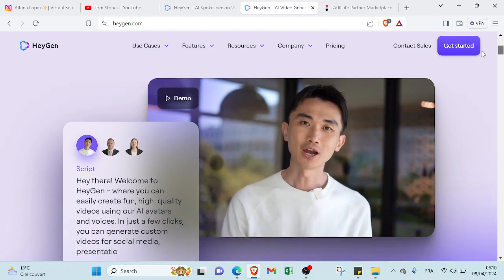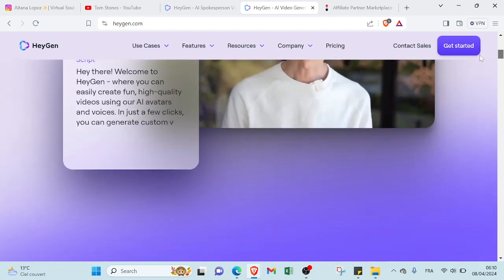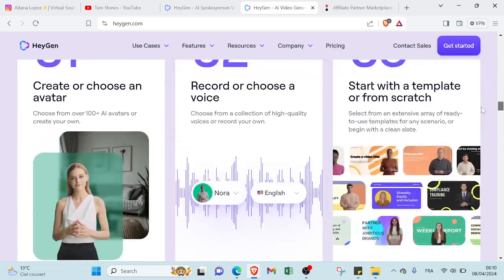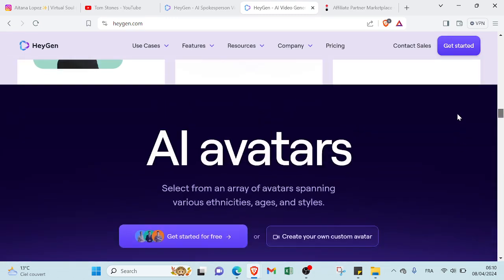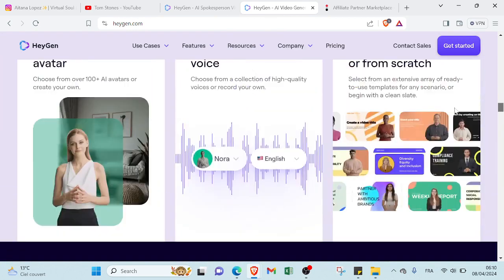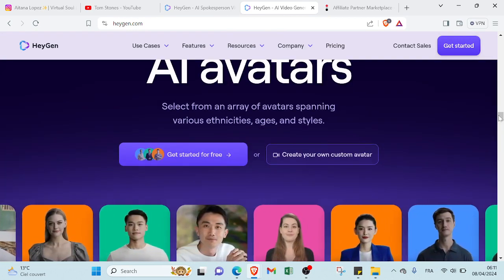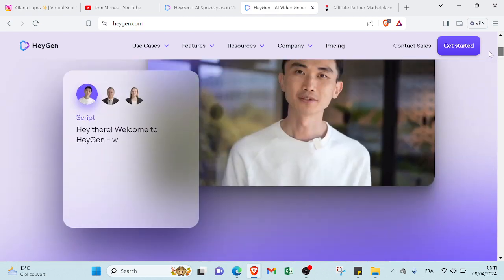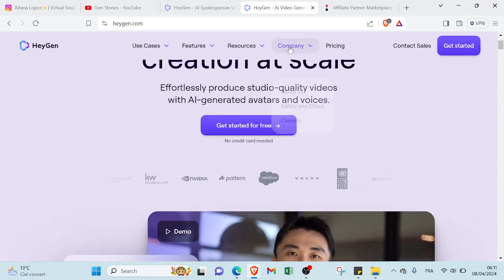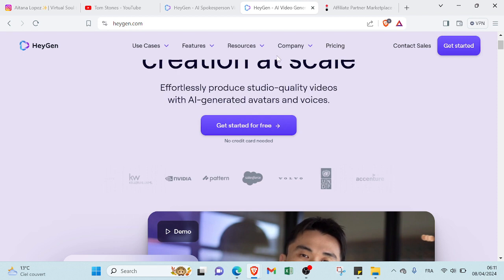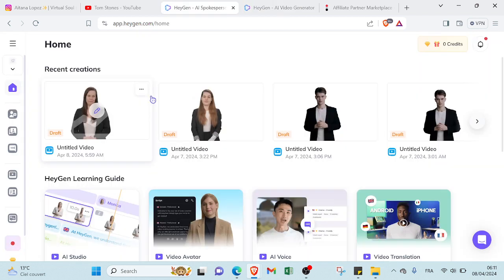and after finishing sign up you can start creating or generating your AI character. If you scroll down over here, you'll find a lot of information that can help you understand more how the website works. And as you can see, this is the AI avatar or AI character. And here we have a lot of information about the website.